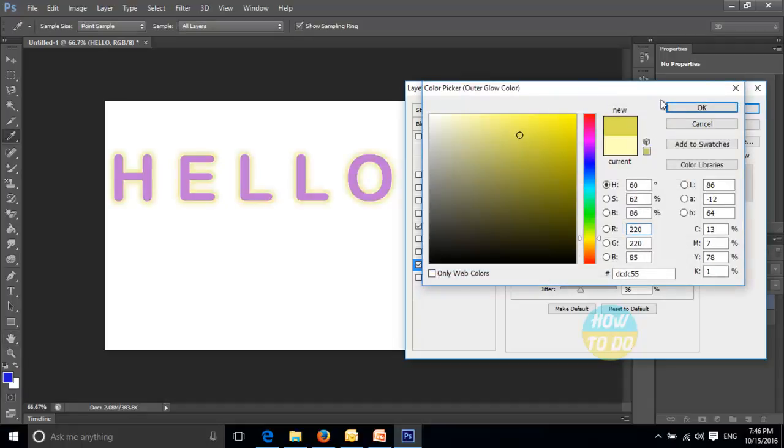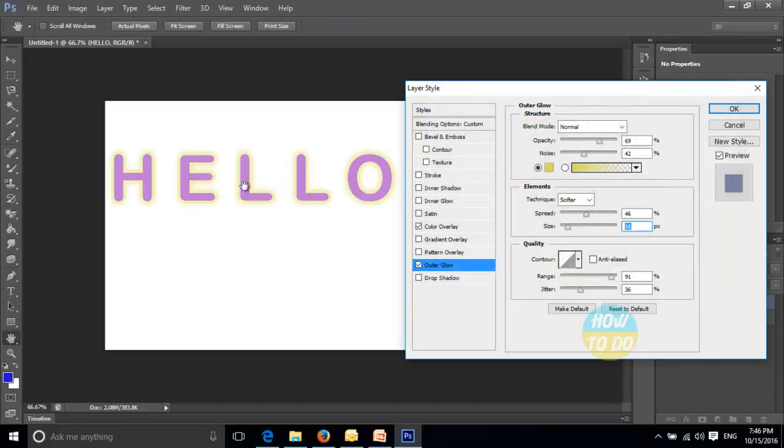If you want to go ahead and change the colors outside, you can observe that the outer color is changed. You can make it softer, the size can be increased or decreased in this way for whatever you're looking for. You can give the contour, whatever contour you're expecting, range, jitter. In this way you will be able to use this particular option.